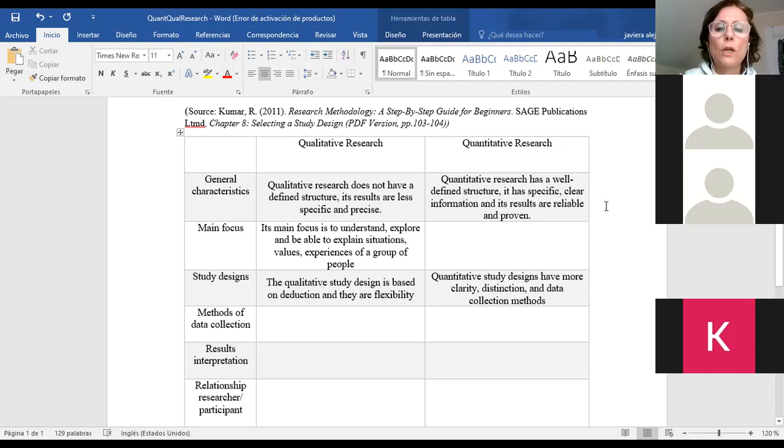It's not that the results in qualitative are not rigorous, reliable and proven, but there is one other characteristic, and I think it is in the text. Read again. Quantitative research can be reproduced, because if you follow strict step-by-step procedures, you can probably arrive at the same conclusions in another study with other participants. Whereas qualitative, the general approach can be reproduced, but